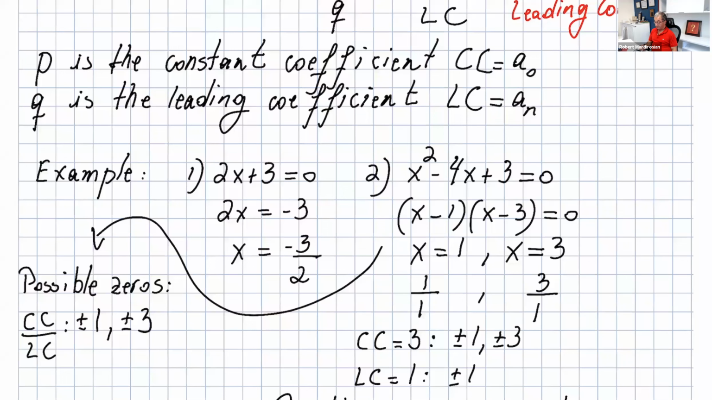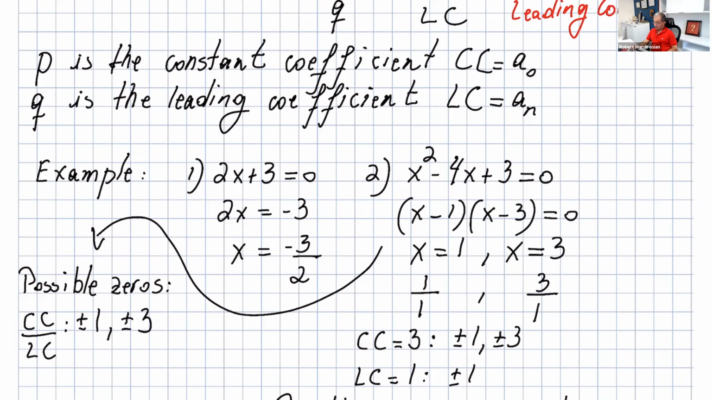I have a couple of them. This is a linear equation and it's a polynomial. When you put it equal to 0 and solve this, you get negative 3 over 2. And again, it's the form of constant coefficient over the leading coefficient. And it's negative because it could be positive or negative. For this one,